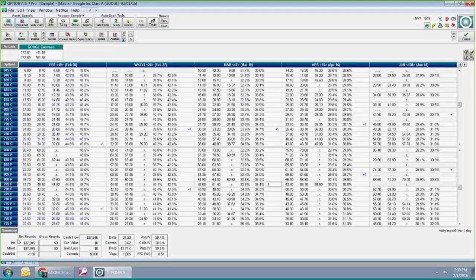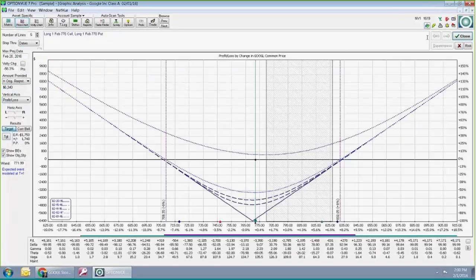When you see down here, here's the summary, here's the cash flow, your delta, gamma, theta, vega. If it was a position, it'd show my current value and gain loss, if it was an existing position. Now, I can look at, say, just the Februarys by clicking on just February and hitting Analyze.